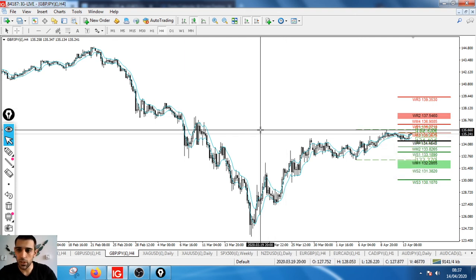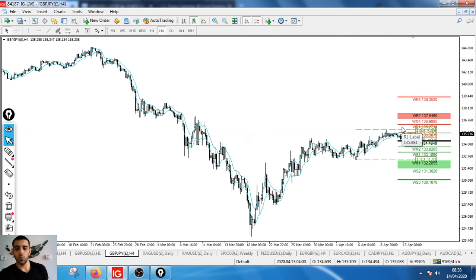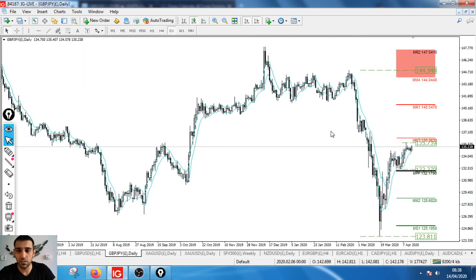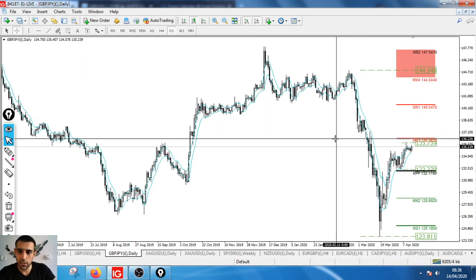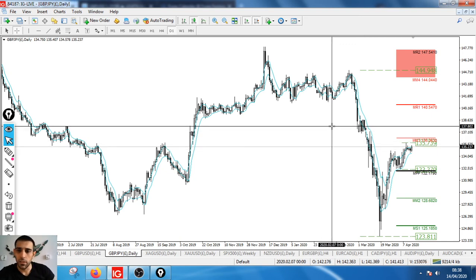For the stop losses, let's analyze. If we get onto 135.70, this one's going to need about 60 to 70 pips. This is fine. I mean, 70 pips sounds very big for a day trade, but this currency moves a lot, so 70 pips is pretty much nothing for this currency. This one and euro against Australian dollar, these two currencies, they move a lot, so 70 pips is not that much. So 135.70 for the entry, and for the target